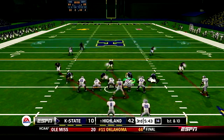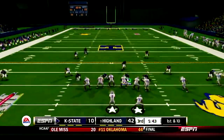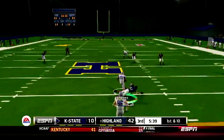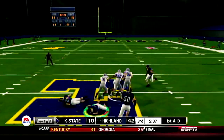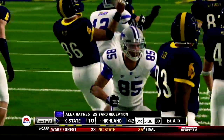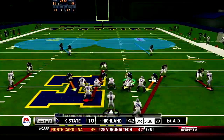Highland leads it now 42-10. We're in blowout territory here. I wouldn't be surprised if Coach Bonds brings in some of those subs. As we'll see a catch there from Hayes. Hayes there, he keeps himself going as he's finally just dragged down there near the